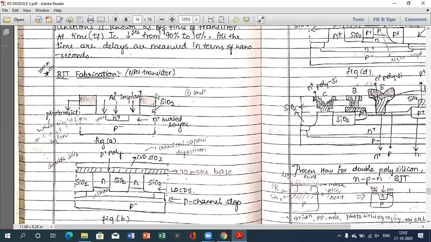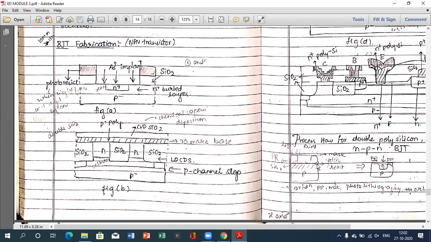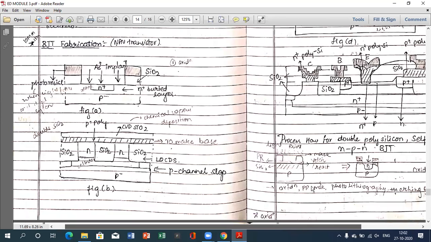Therefore, I'm going to instruct you to go through these fabrication notes once. I already sent these notes to all of you. Go through them so that it will be very easy to understand while I'm explaining in the next session. Go through the points given here, based on the diagrams given here. In the next session, we will start discussing one by one and understand how fabrication works.